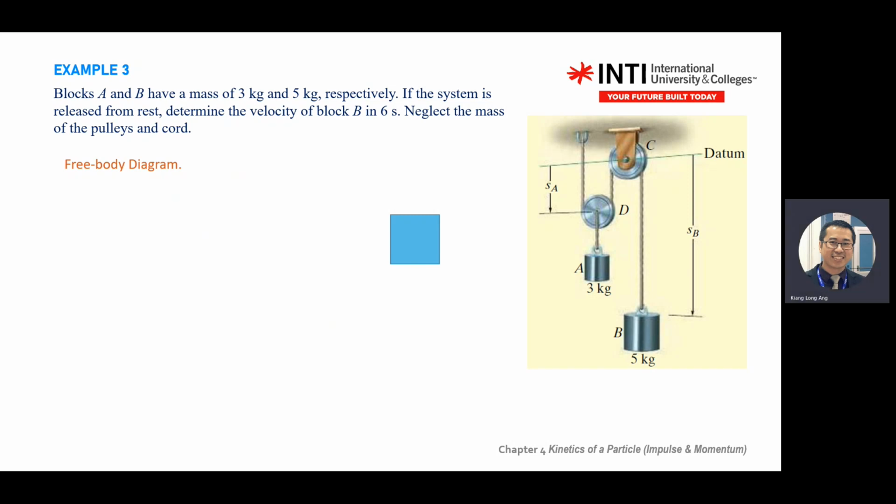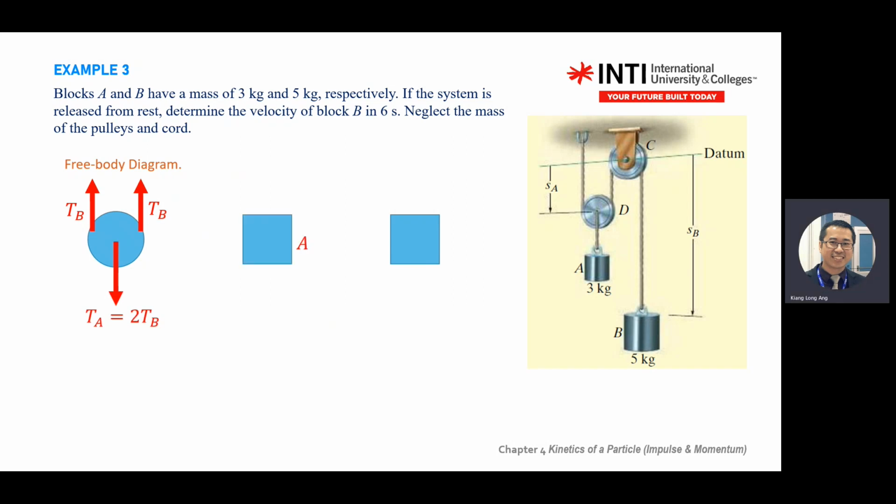B will be pulled by this line, but A will pull by two lines. Be careful on that. You can find A, you can find B, all right? So A will have two T here, but one of the T contributes to B. Right. So B,